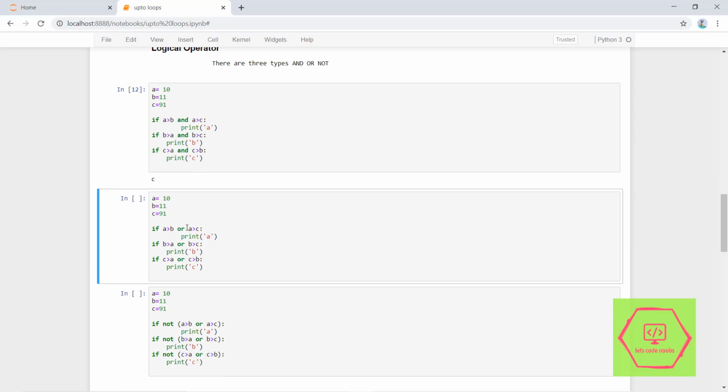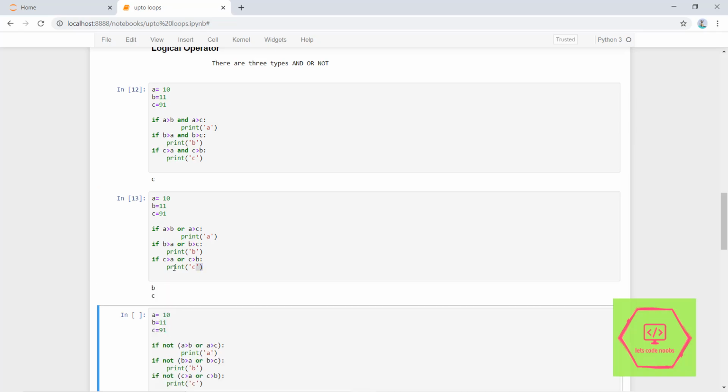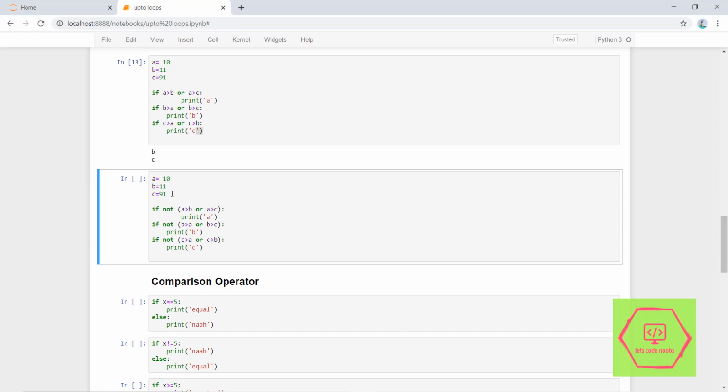Next I am using the same greatest of 3 numbers in OR condition. As we all know, A is the smallest, so the first condition will fail automatically. B is greater than A, the first condition satisfies. OR statement, B greater than C, this condition fails, and we will get the output. And C greater than A, obviously C greater than B, so we will get the output B and C. See, the last is NOT operation.